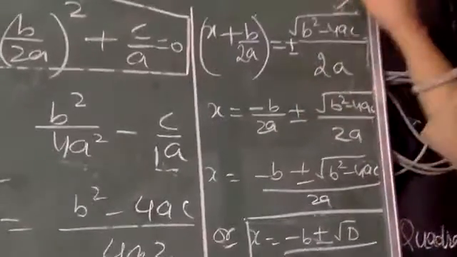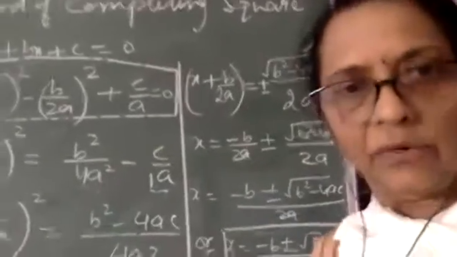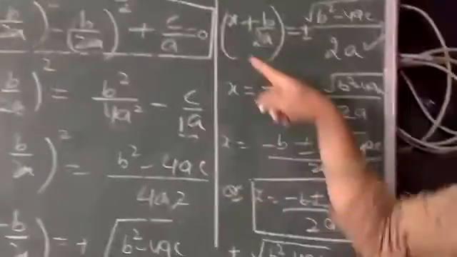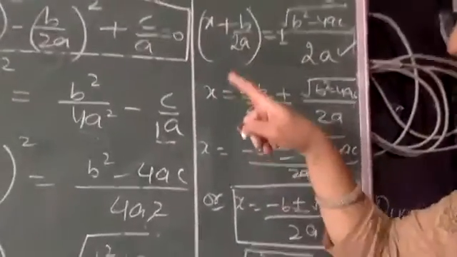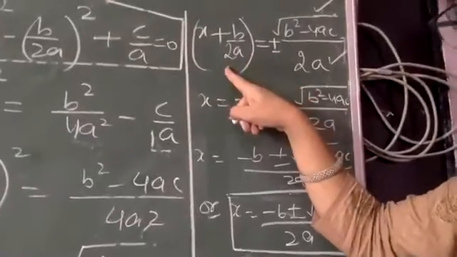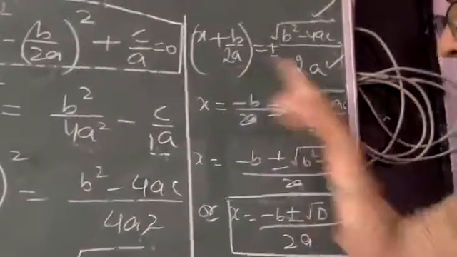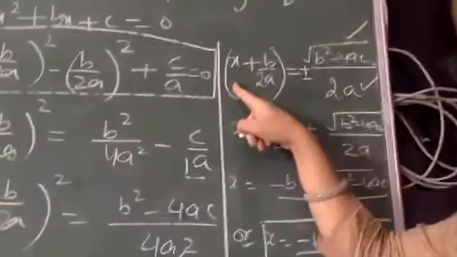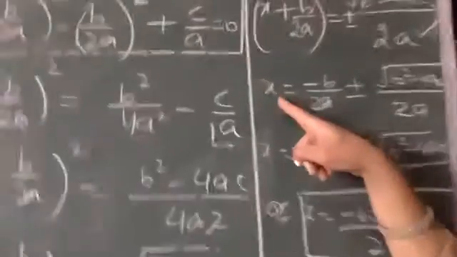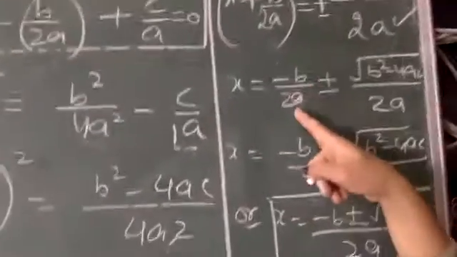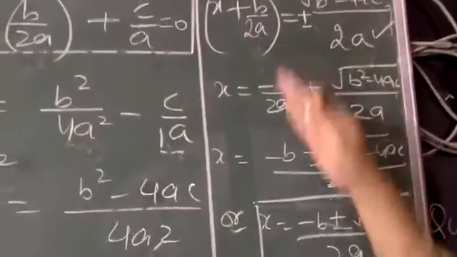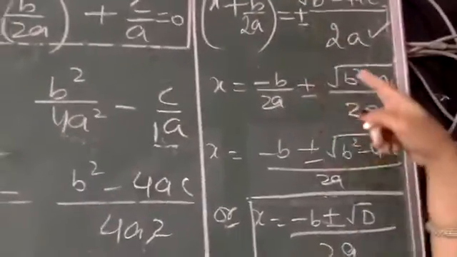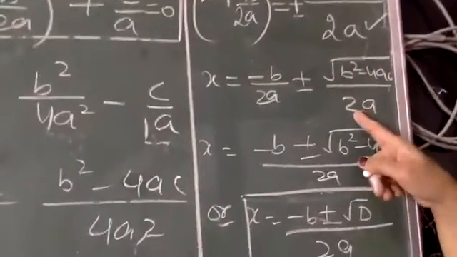Now plus minus, numerator and denominator are written separately. We have to actually solve this question for x. So look what I will do. Here I have x plus b upon 2a, and I have to solve for x. I will change this b upon 2a from left to right because I have to solve this question for x. Right? So here x is equals to minus b upon 2a because this is plus. So when we transfer this to other side, it will become minus. So minus b upon 2a plus minus under root of b square minus 4ac upon 2a.